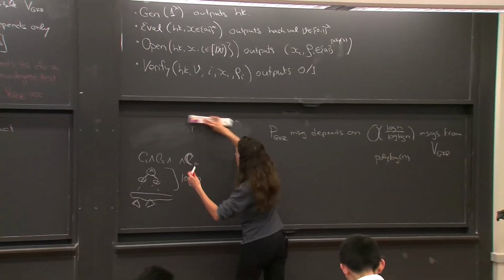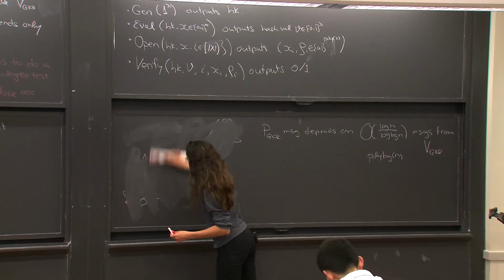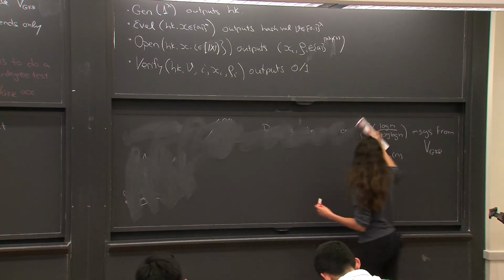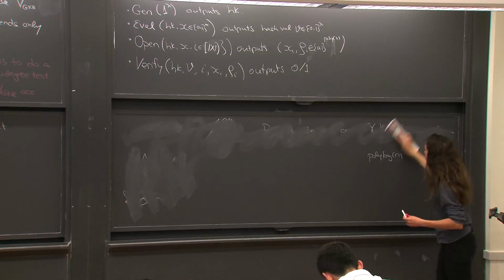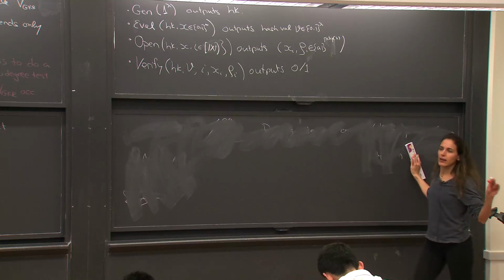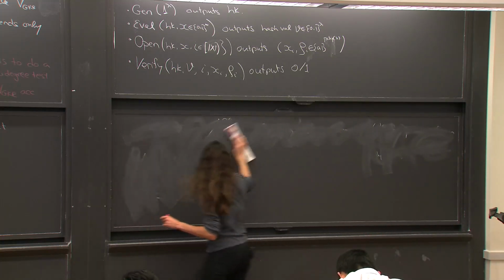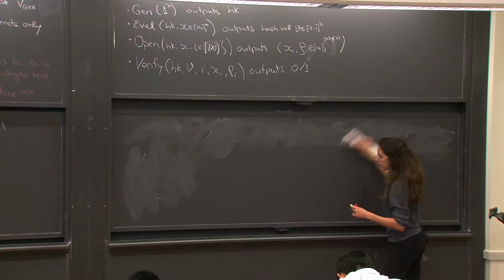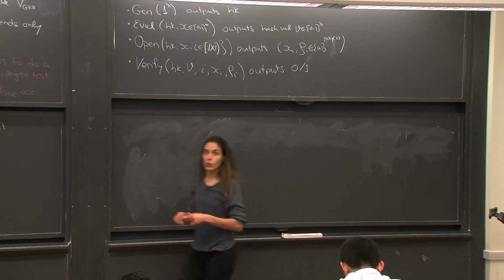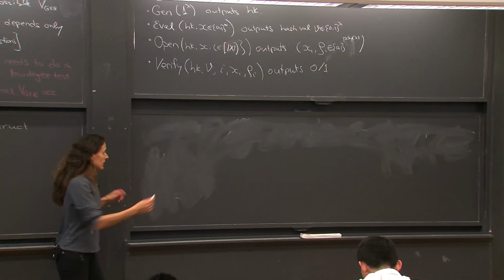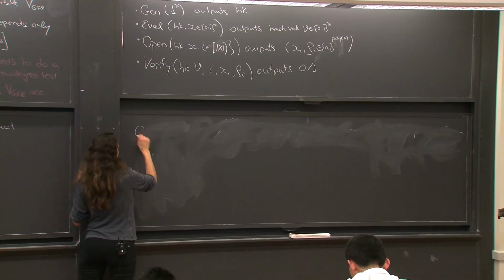So you can hash and then you can open. What is the guarantee? The guarantee is, first of all, if you do everything honestly, I'll accept you. So there are 2 guarantees. The first guarantee is just correctness. And the second guarantee we want is collision resistance. So we'll see. For correctness,